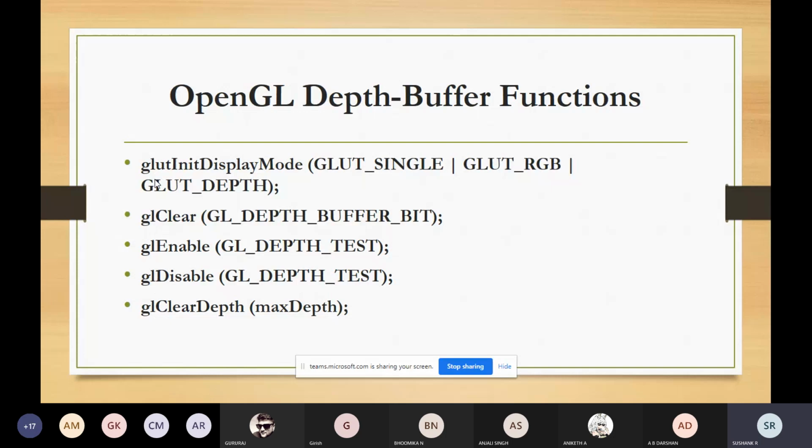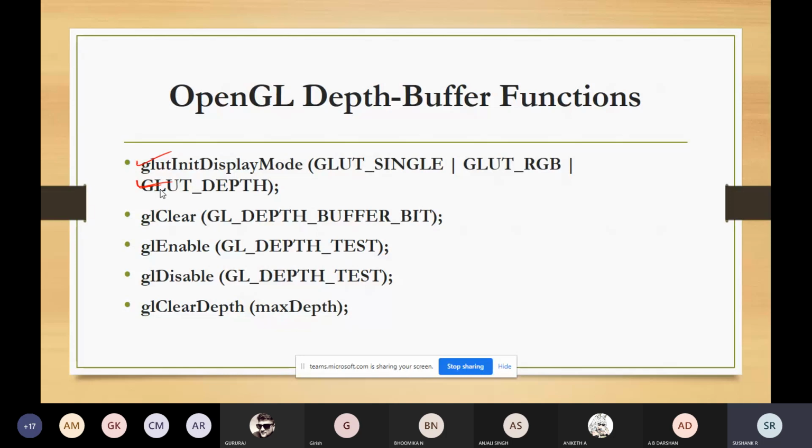Whenever you want to use this depth test or depth buffer visibility detection function, you should set the initial display mode function to have a parameter called GLUT_DEPTH. You can check the previous program where the initial display mode function is used in the 3D viewing function, to see how it is called.